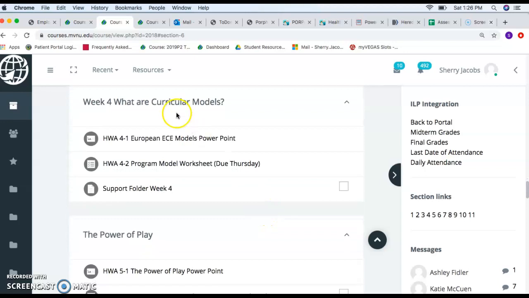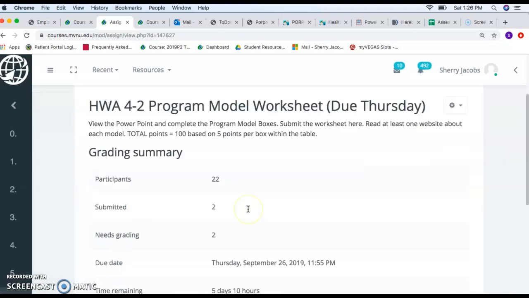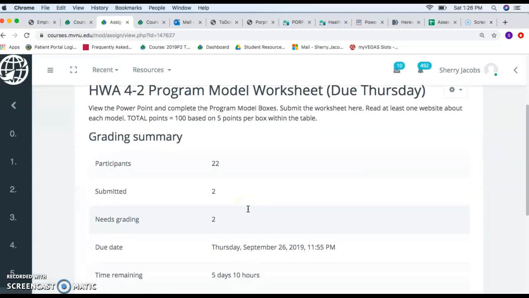So looking at week 4, you'll see that there is a PowerPoint on the European early childhood education models that you will need to explore and watch. And then you have a worksheet that is due on Thursday.